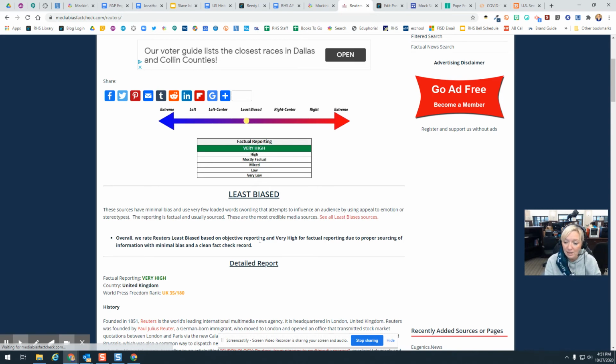So like I said, every human being has bias. It's impossible to find a completely unbiased news source. That does not exist because humans cannot write and do things in a completely unbiased way. But it has very minimal bias. It has very few loaded words. And that means wording that attempts to influence an audience by emotional appeal or stereotypes. The reporting is factual and usually sourced. These are the most credible media sources. And so overall, least bias based on objective reporting, very high for factual reporting due to proper sourcing of information,